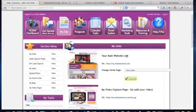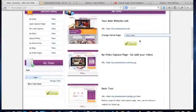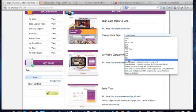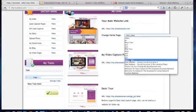Now this is going to show you what is being broadcast. Now my main website link, my.sharesolavei.com, which is what I've been sending people to, it's right here. And I want to make sure that they are being redirected to that landing page that I just set. Now look here. You will see when I click on that little box, it has all my videos listed. Now all of these up here, those are the ones with the Solavei videos. Go 5, go 4. These are the ones that have the Solavei content,